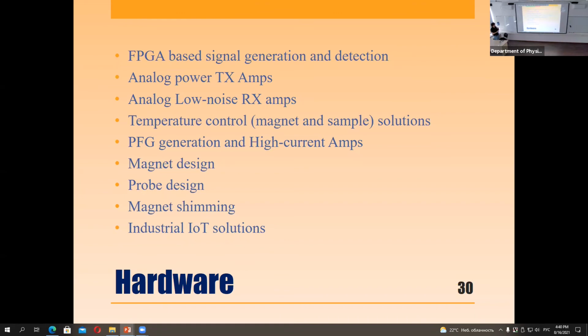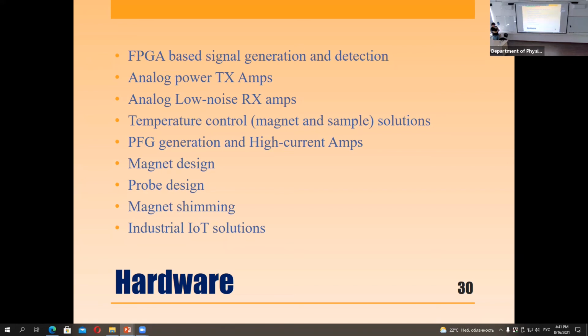This is something we can talk about a lot because I do this job myself. Then analog power amplifiers, strong ones that sometimes produce up to kilowatts if you want to deal with a big MRI, and up to, let's say, 100 watts if you want to deal with a small 5 mm test tube. Low noise amplifiers are another demand. To be competitive now, you need to have a good noise figure. You know what noise figure is? It is what your amplifier introduces into the signal. The noise figure must be below 1 dB. This is really low. It was not possible before, but now to be competitive, you need to produce such a device.